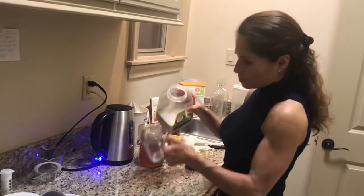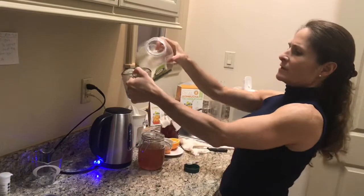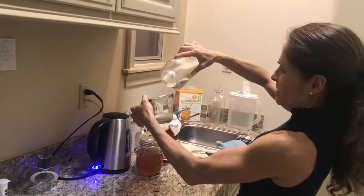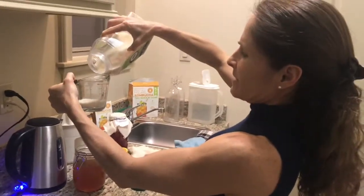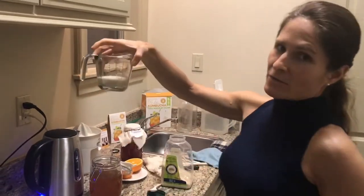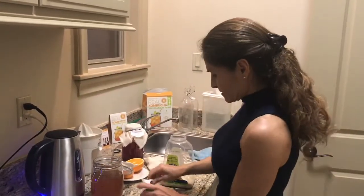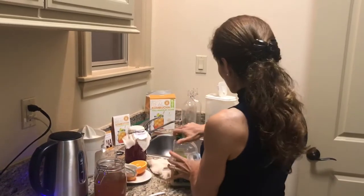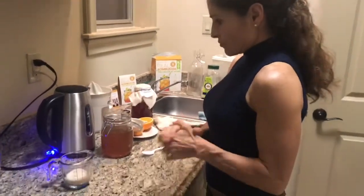We will put a quarter cup of sugar, so we'll measure that. Quarter cup of sugar. This is going to be for our next batch of kombucha, and then I will show you how we flavored the second batch. So I have the quarter cup of sugar, and once it turns off this teapot, I will pour a little bit of that tea in here, and we'll stir it while it's